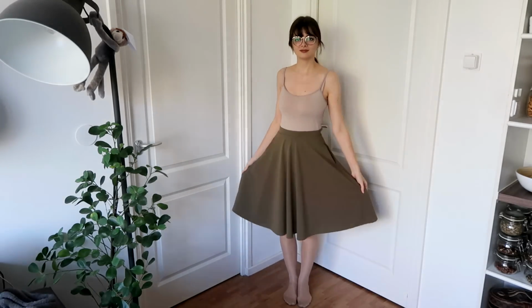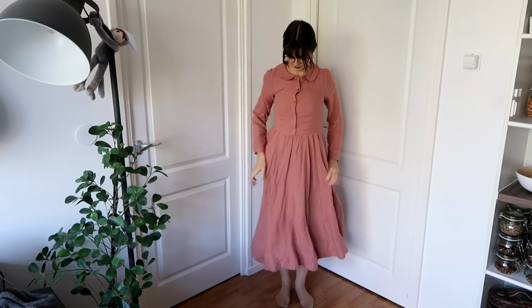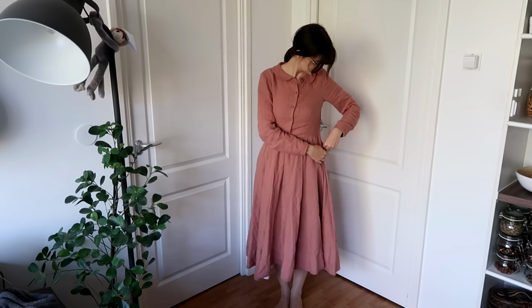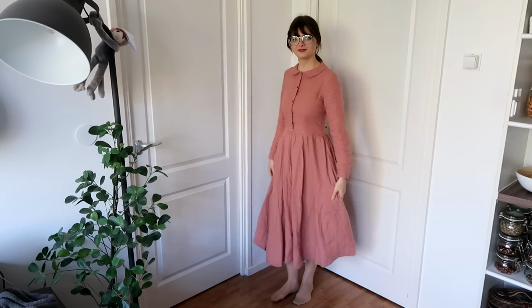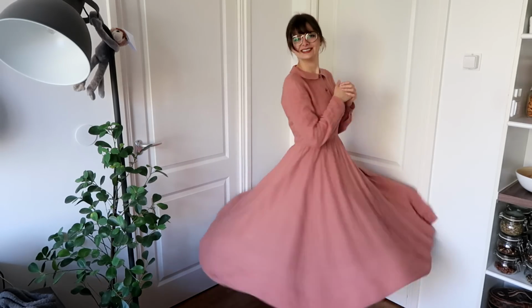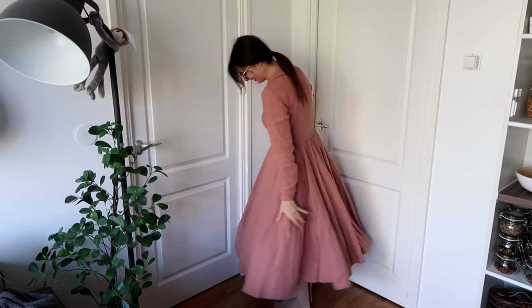And for this outfit, I really wanted to illustrate how you can wear items that might not be typically wintertime appropriate, adapt them for winter wear. So I am wearing this gorgeous, gorgeous Sunday Floor dress, which is made of linen. Sunday Floor are an ethical brand which make clothing out of